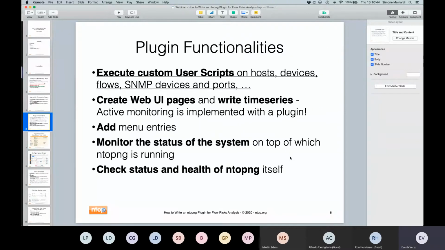So what are the main functionalities of these plugins? Maybe the most important functionality, which is also the object of this webinar, is the ability to execute custom user scripts on active